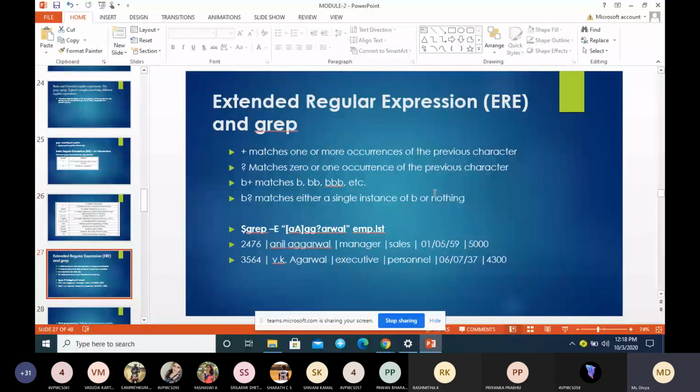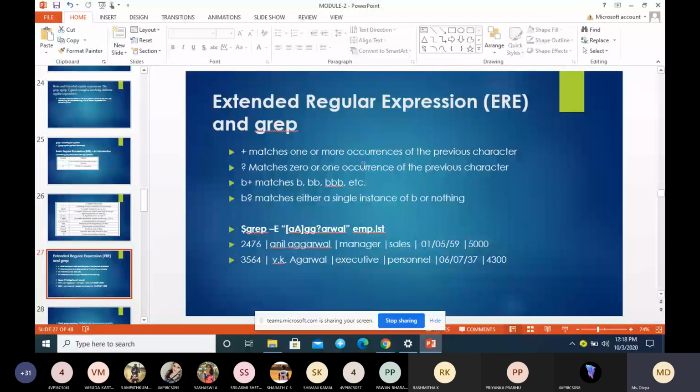The next one is extended regular expression. Extended regular expression is used for matching dissimilar patterns with a single expression. We can match different patterns, dissimilar, that need not be the same. Different patterns you can match in just a single expression. So here